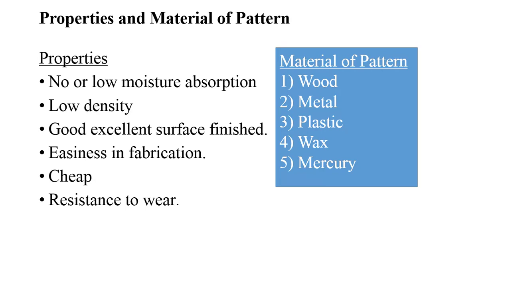Then after keeping it at normal temperature, whatever solid part of the mercury is there, its phase is going to change from solid to liquid. Then you can extract the mercury, and whatever solid shape of mercury was there at minus 39 degrees Celsius, that will become your cavity. So this type of pattern will be used for some complex shapes, generally for space research applications.